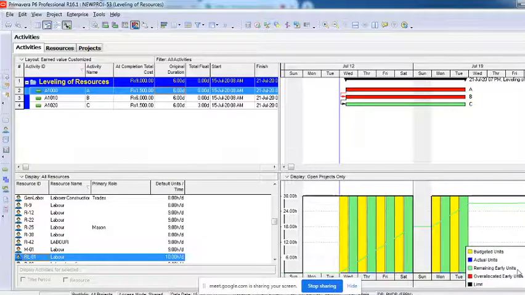You have to be very good with this. You can see there is not a single over allocation and not a single under allocation also. I'm ensuring that all my activities will have full complete budgeted units. As a planning engineer, you will have to take care of this. Not a single resource should be left empty. They will have to be engaged, and there is no question about utilizing more resources than what is available to you. You understand?